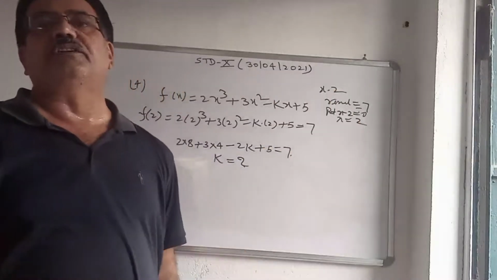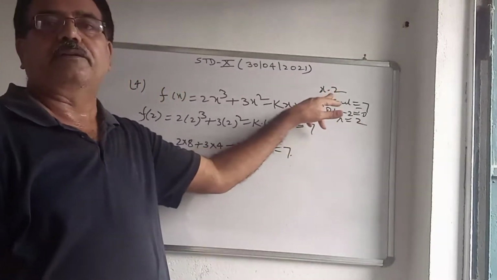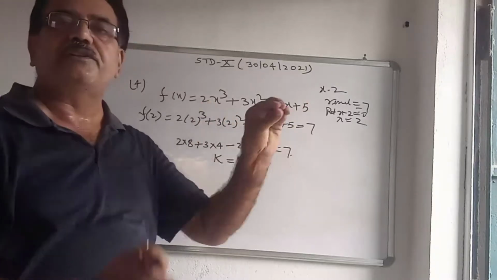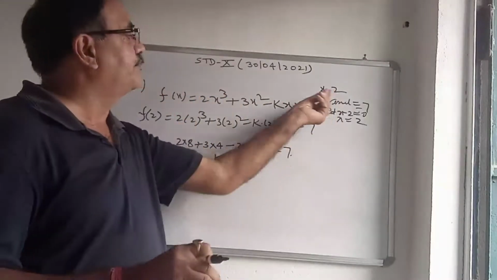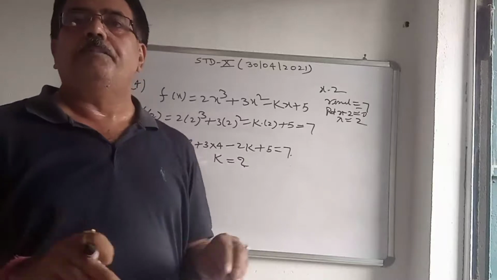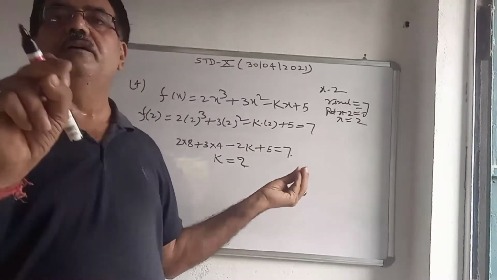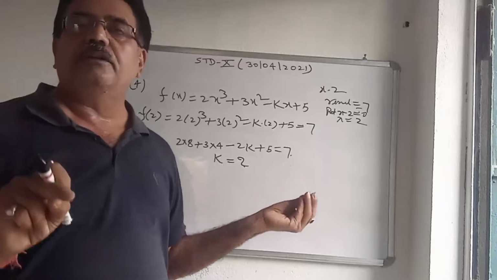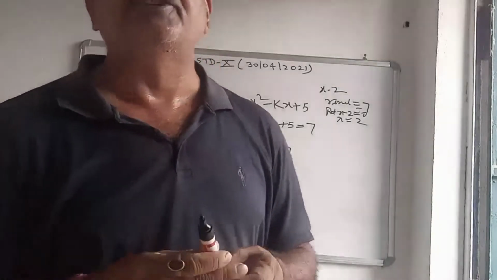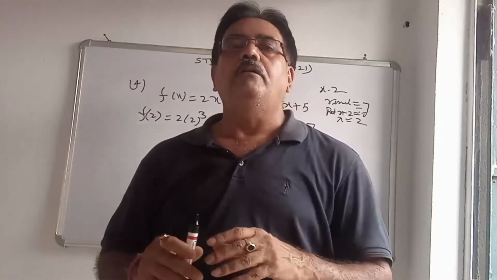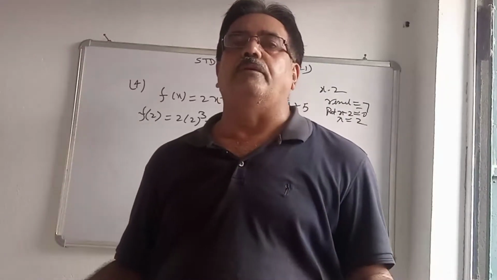So this type of question is there. To check whether it is a factor, after putting the value of x in the polynomial, if it comes 0, it means this is a factor of the polynomial. If it does not come 0, then whatever value comes is the remainder. In the question it will be written without actual division, to show that it is a factor of the polynomial, or to find the remainder of the polynomial.